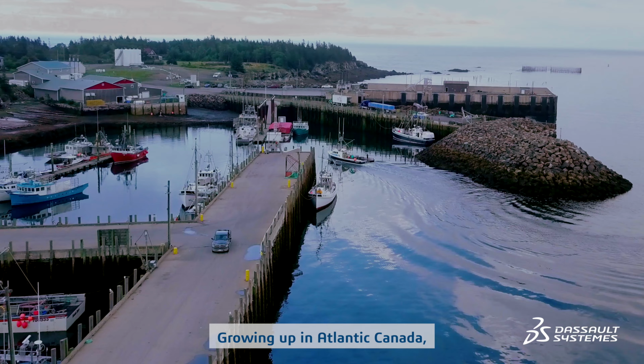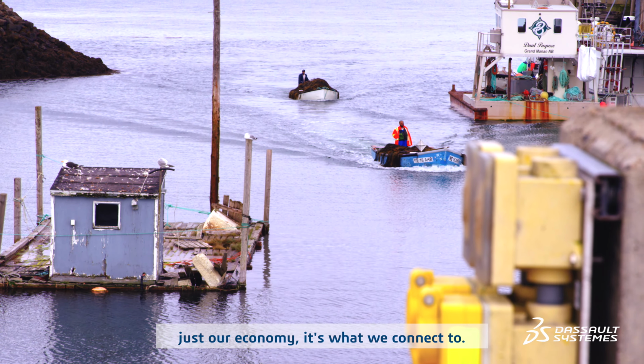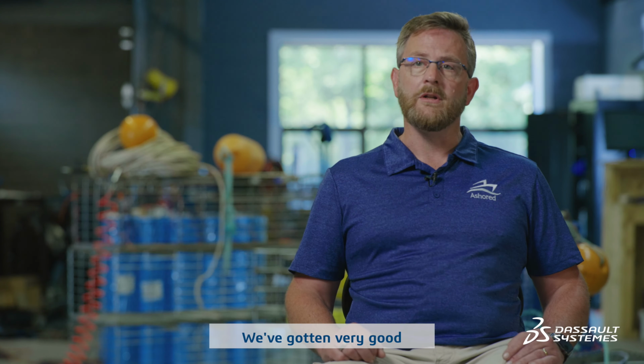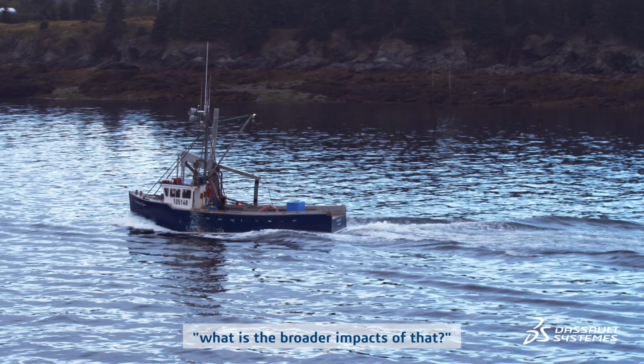Growing up in Atlantic Canada, the oceans are important. And that's not just our economy, it's what we connect to. It's our culture, it's our heritage. We've gotten very good at harvesting the oceans, but we have not looked at so much what is the broader